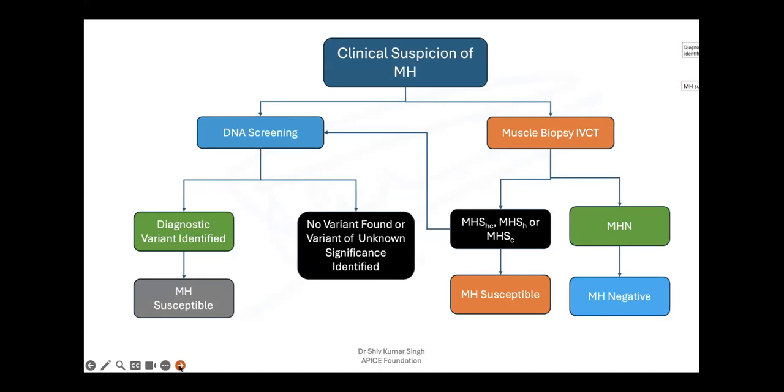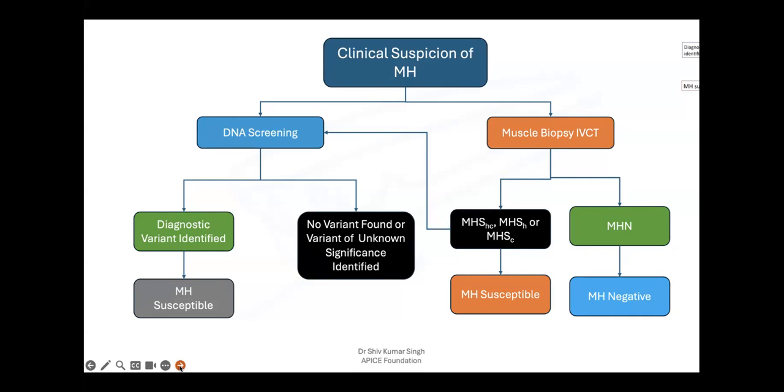So if there is a clinical suspicion of MH or there has been MH, you can do the muscle biopsy, the in vitro contracture testing. It is done for halothane and for caffeine. So MHS is halothane caffeine, MHS for halothane or MHS for caffeine. So they can be negative, so that's good. That's MH negative, ruled out,